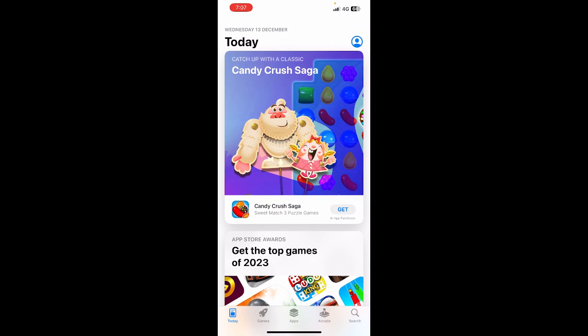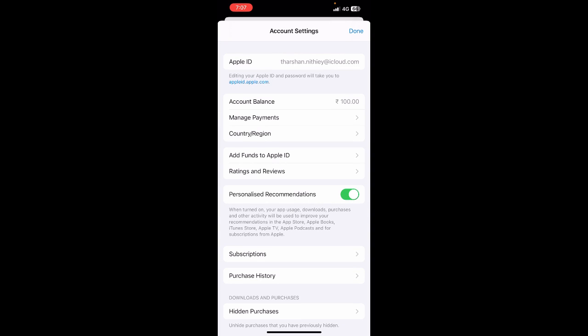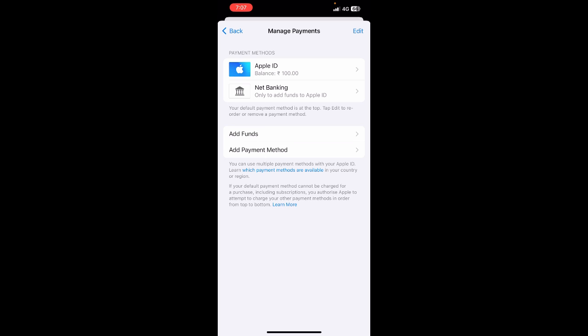So if you open up your App Store, and then go to your account and hit on your account, and then once you get to this payment selection information here, so payment account settings here. So under payment account settings, click on manage payment, and then when you get to this manage payment option here, under Apple ID, select Apple ID under payment methods, and then hit on